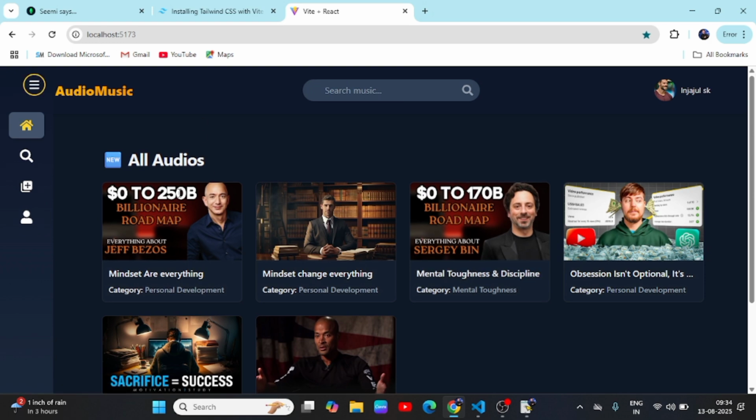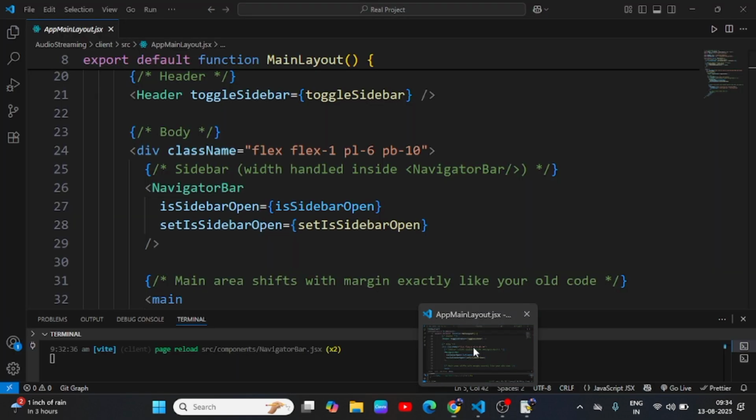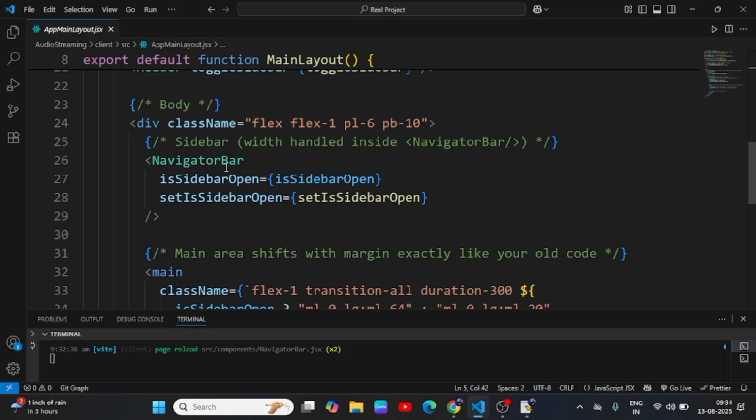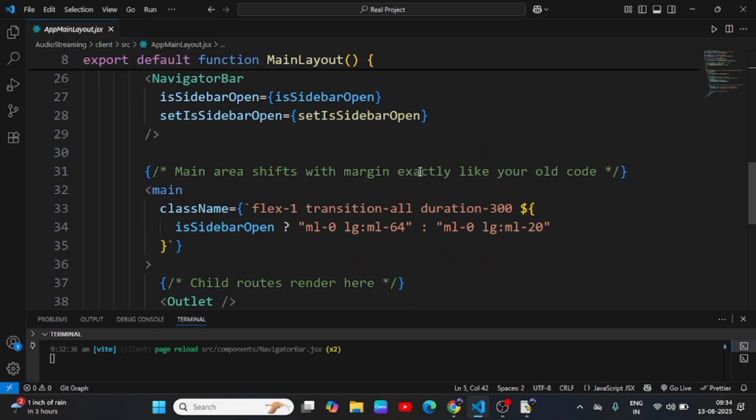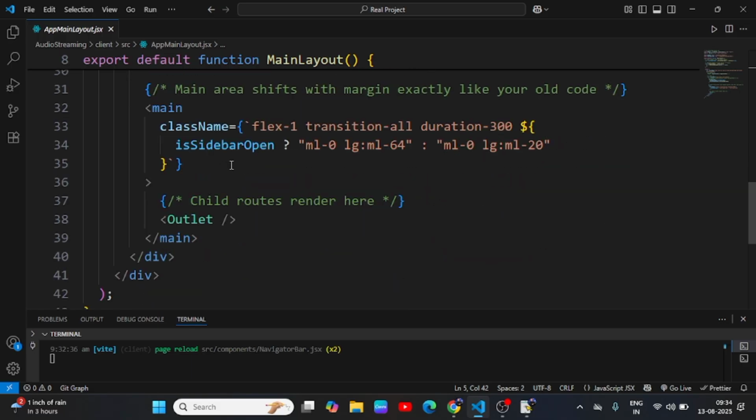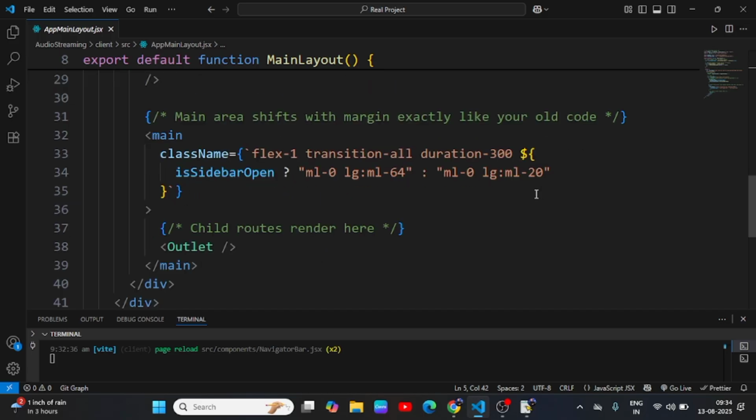This is the header and this is the body, and sidebar, and then navigator. So also we are sending props: is sidebar, set sidebar open, and then we call it, right? And this is the main area. All the children can, yeah,